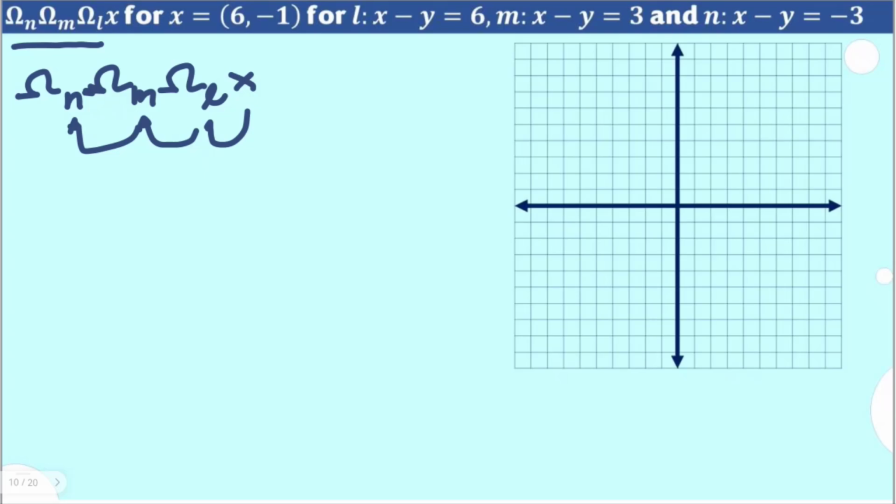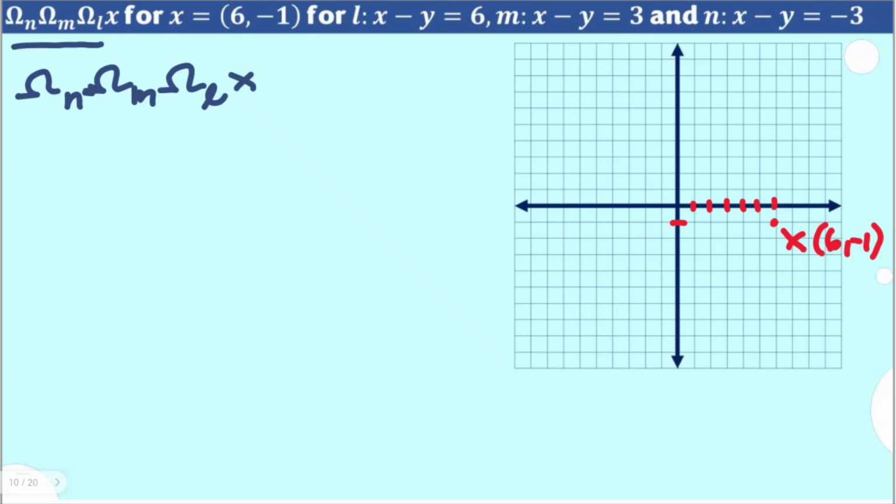Now, to really look into this perspective and to look at the picture, let's plot it on the Cartesian plane. We can see here that our X is at 6, 1, 2, 3, 4, 5, 6, considering that all grids are at 1. This is our X at (6, -1). And we're going to take its three reflections passing through line L, M, and N in that specific order. We need to graph first the L, M, and N lines so that we would know how to picture